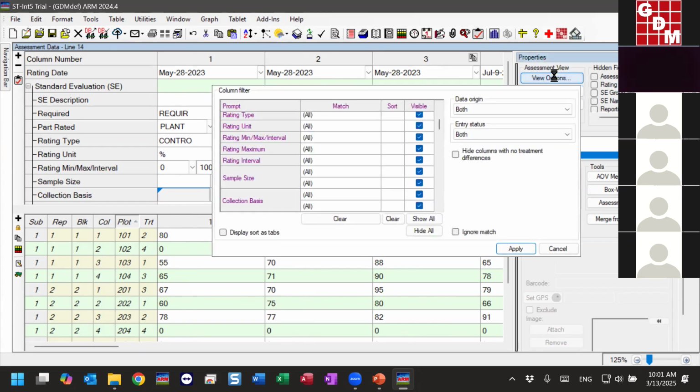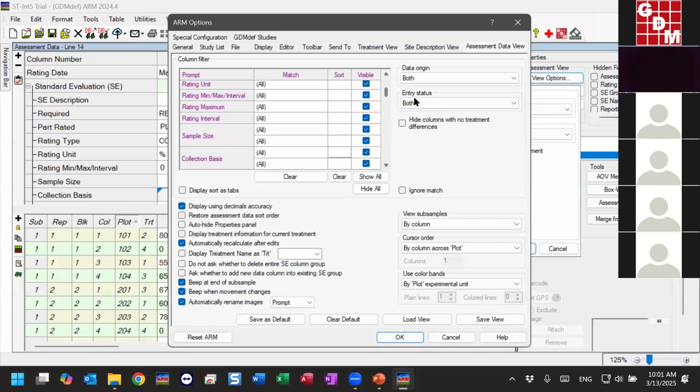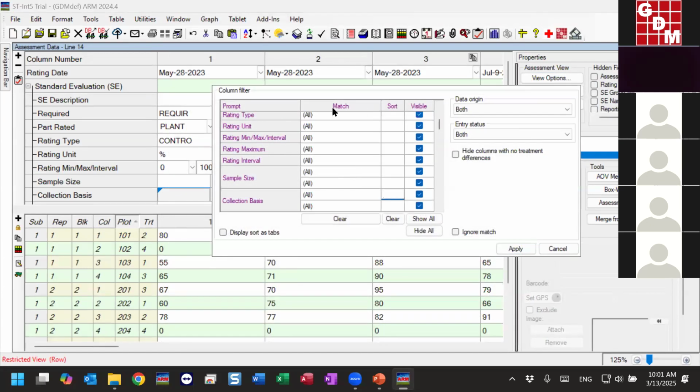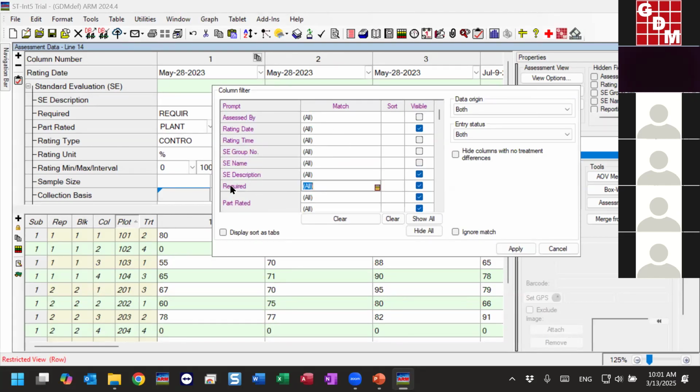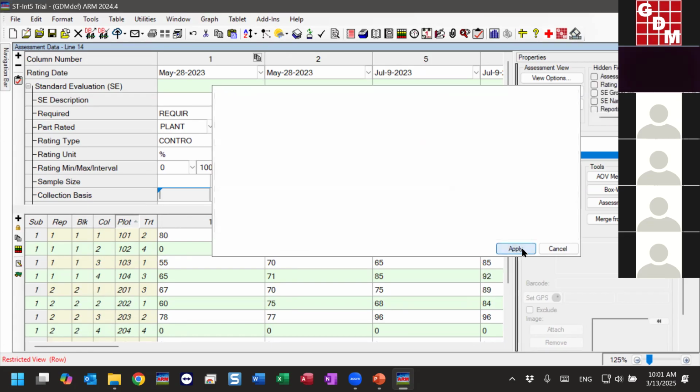Otherwise, if you use view options, you can get to the same control. And you could define a filter on the columns. So I would look in the required row and I could match using the little gold dropdown. Say I only want to view columns that are required. When I click OK and then apply,